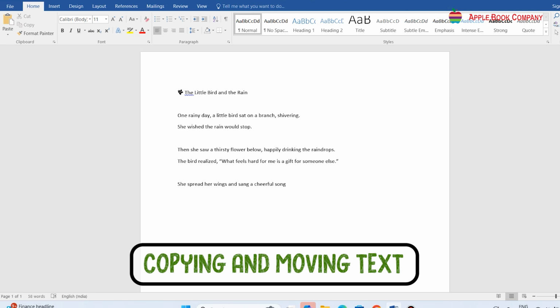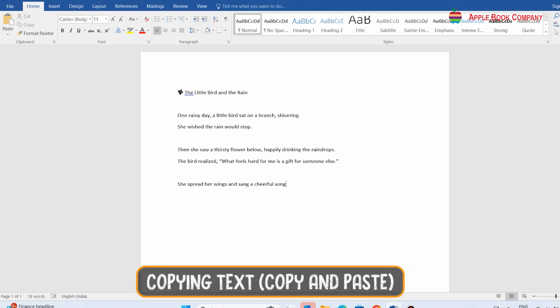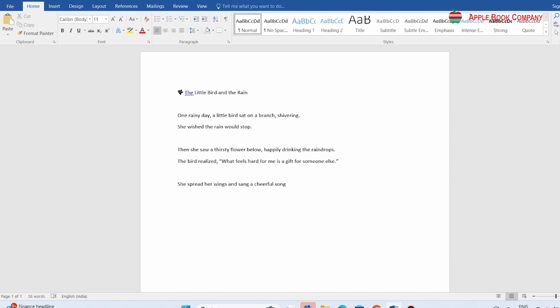Copying and moving text. In Microsoft Word, you often need to either copy or move text from one place to another. Copying text. Copy and paste. When you copy text, you create a duplicate of the selected text. This means the original text remains in its place and you can paste the copy somewhere else. To copy text, follow these steps.